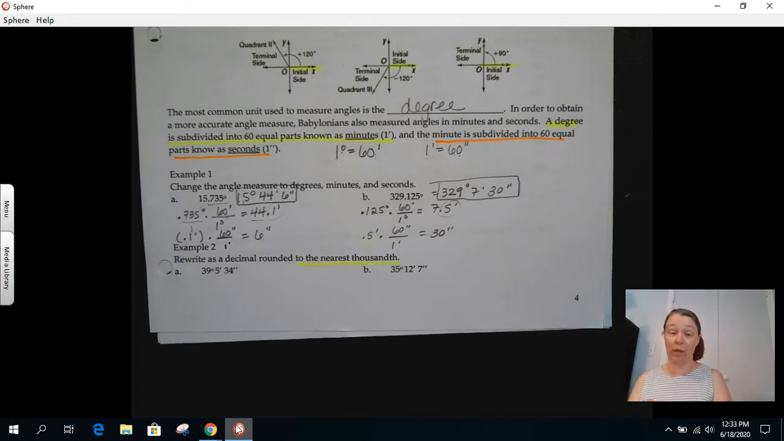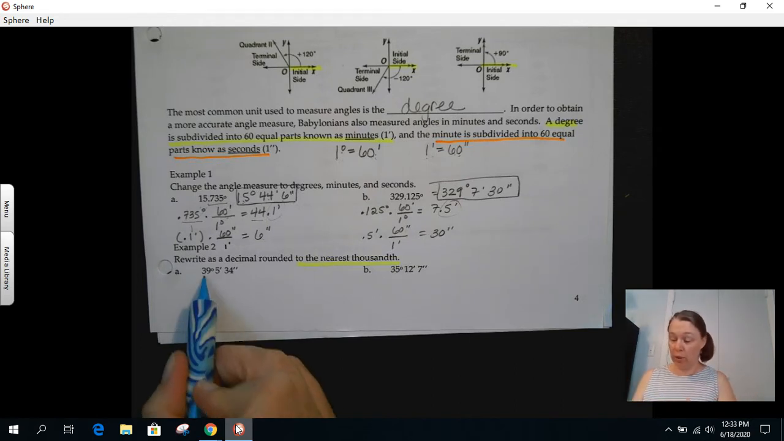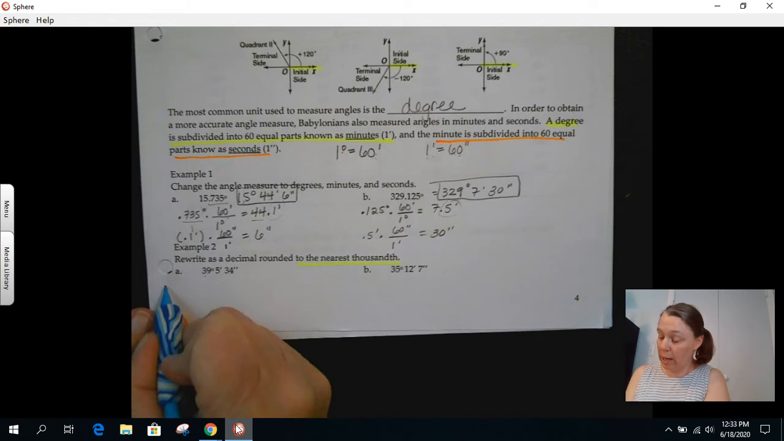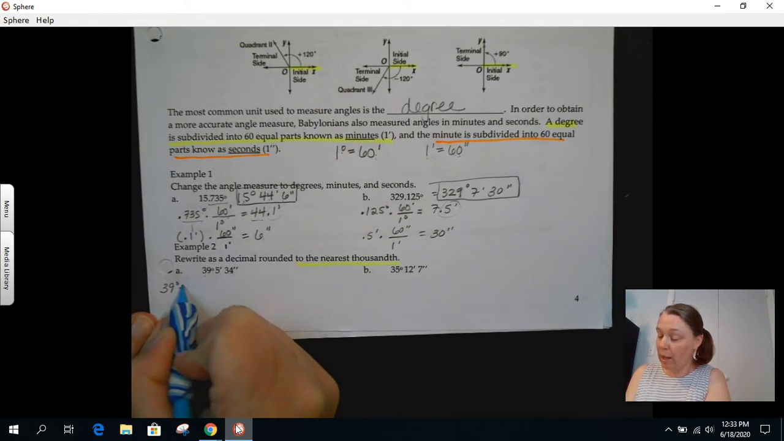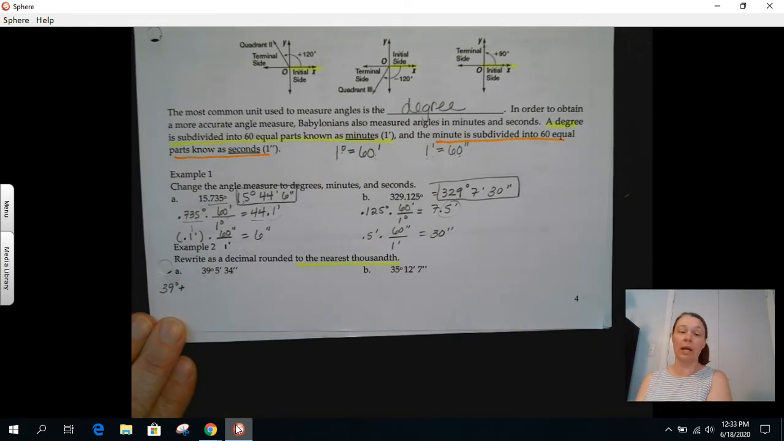thousandth for accuracy. Okay, so there will be problems later on where you'll just be randomly given an angle in degrees, minutes, seconds, and it will be easier for you to put it into a decimal. And so you'll just always use that rounding to the nearest thousandth. Okay, so now we're going backwards. So I have my full degrees is 39, right? So I have 39 full degrees plus now I want to take that 5 minutes and I want to turn